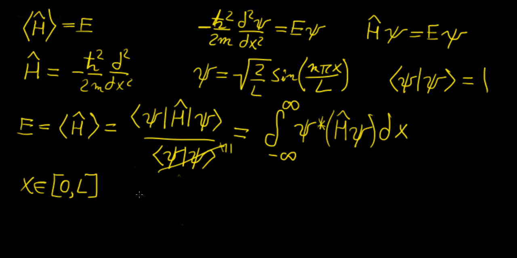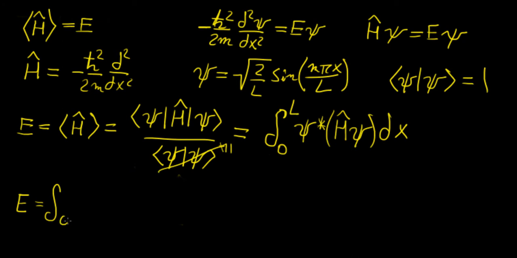Okay, so now all we need to do to find these energy values, or the expected value of the Hamiltonian operator, is just substitute these things in here. So basically, we're going to replace our limits with 0 to L, because we know the function is just going to be 0 everywhere else. So these are now our new limits. Now let's write energy equals the integral from 0 to L. Now the wave function is going to be the complex conjugate here. This is just a real valued function, so the complex conjugate is just going to be the same thing. So we're going to have psi,